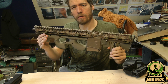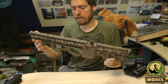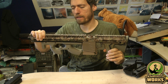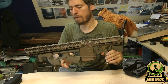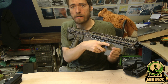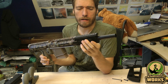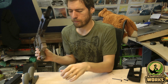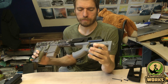You got a little bit more rail space, so you can attach things onto that. It's also, of course, less 3D printed things, so this feels a lot stronger to me and I have more trust in it, things like that, or whatever, you can use it like this. Also, you can use it with a short shroud that's styled to the P90 with the charging handle in front. This will make the most sense when you also use the